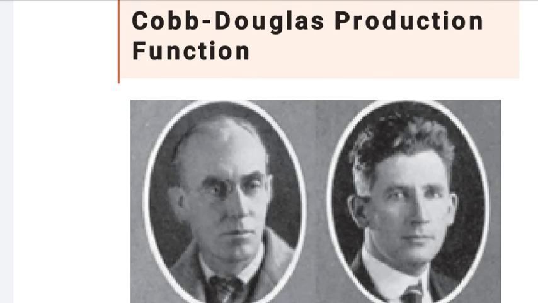Lastly, you are going to learn about the Cobb-Douglas production function. The Cobb-Douglas production function was developed by Charles W. Cobb and Paul H. Douglas, based on their empirical study of the American manufacturing industry. It is a linear homogeneous production function, which implies that the factors of production can be substituted for one another up to a certain extent only. The simplest and the most widely used production function in economics is the Cobb-Douglas production function.